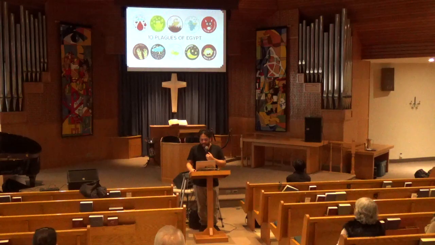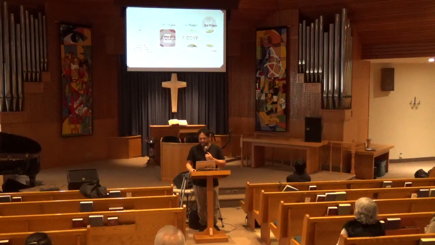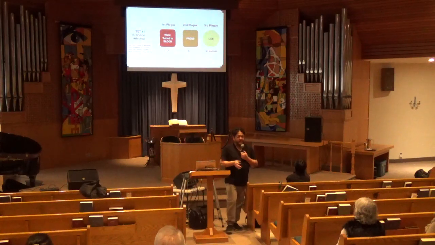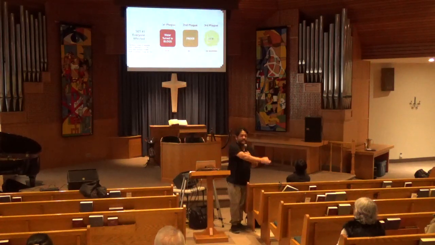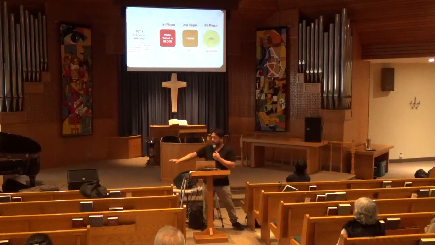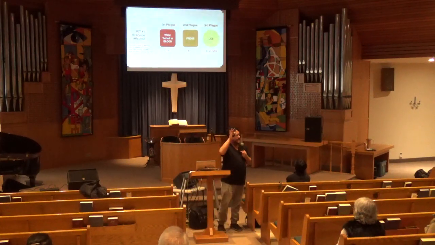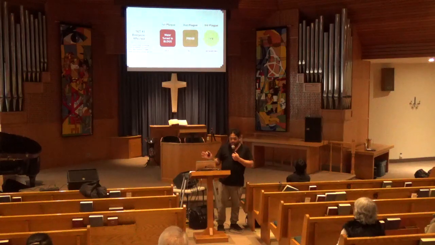These things were so out of order. We've done studies on this. But I want to point out one thing, how God made distinctions between the Egyptians and his people, the Israelites, through these plagues. If you look at the first 9 plagues, or nega, strokes, okay?